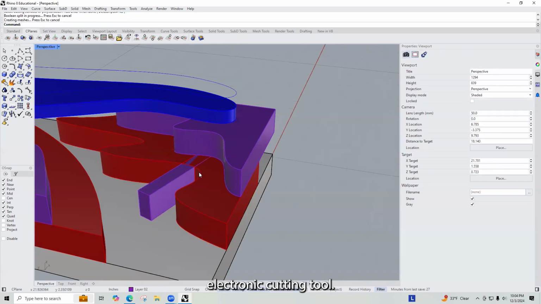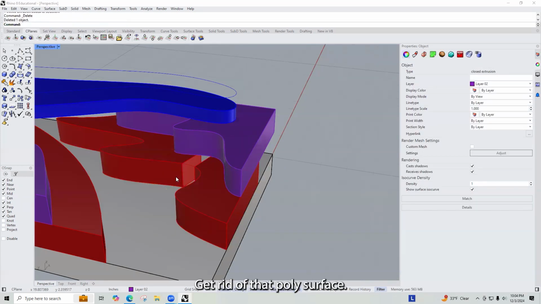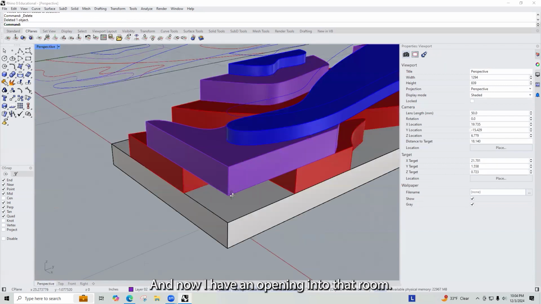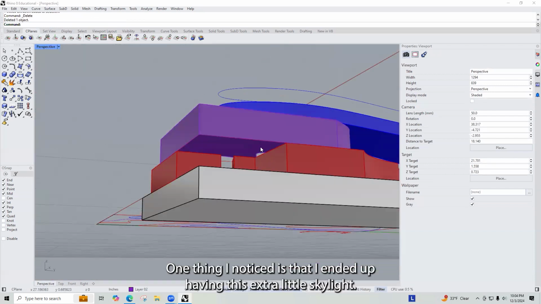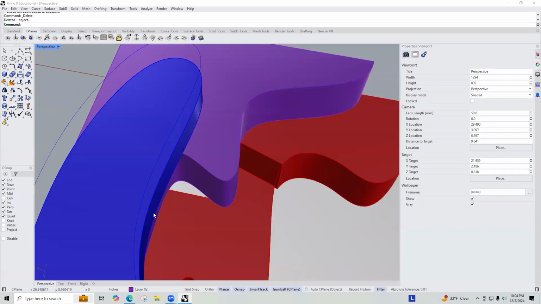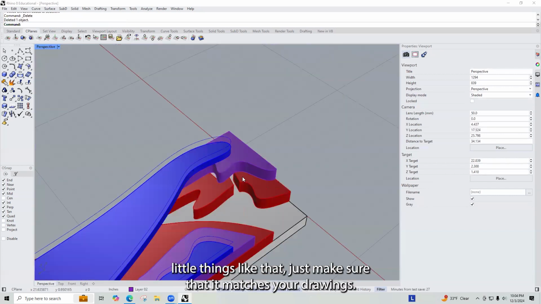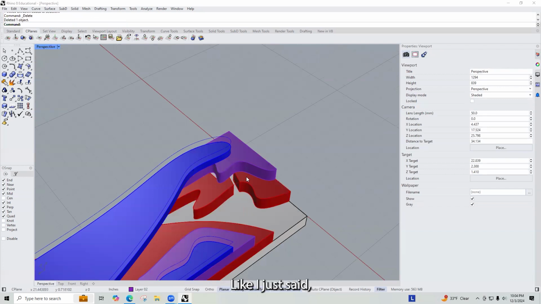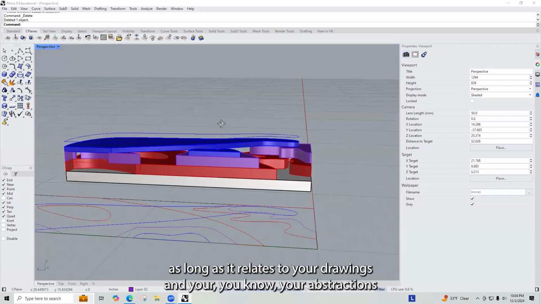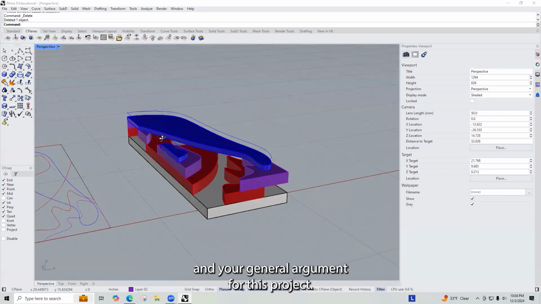Select my cutting tool. Get rid of that poly surface, get rid of this one. And now I have an opening into that room. Okay, one thing I noticed is that I ended up having this extra little skylight. If you want to leave little things like that, just make sure that it matches your drawings. It's not like a little mistake like I just did. Totally fine if it exists as long as it relates to your drawings and your abstractions and your general argument